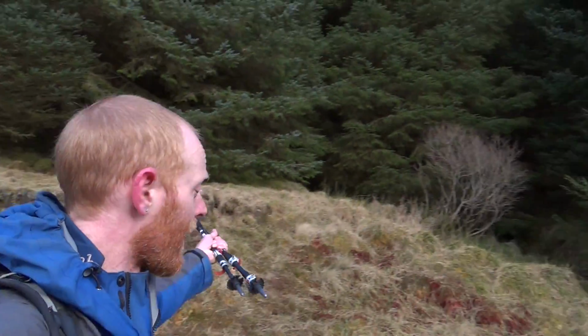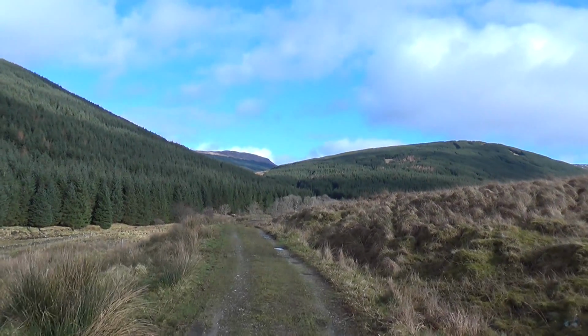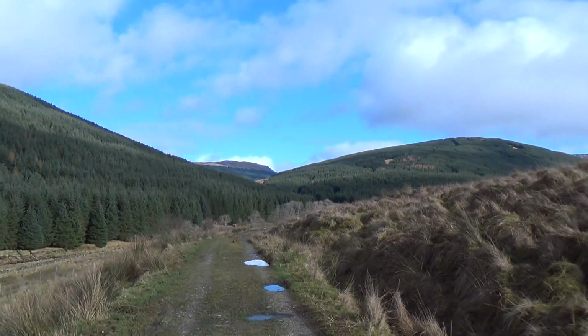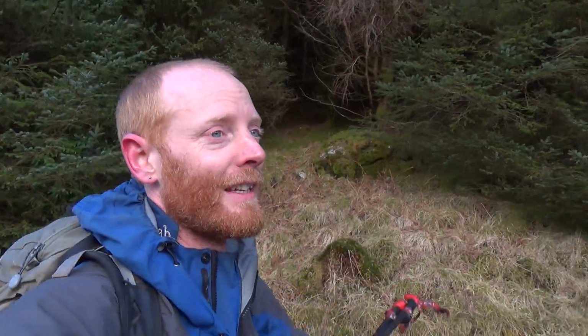Sitka spruce, the stuff that's from Pacific Northwest and Alaska and British Columbia, very fast growing in Scotland. I think it grows faster here than it does even in its native habitat. It grows very fast, which is why it's planted en masse for harvesting. If you go over to Canada and you see Sitka spruce in its natural habitat, then these forests, these massive trees, are very beautiful places. Because it's planted for harvesting as a crop, very dense, very close together, these just aren't attractive places for me